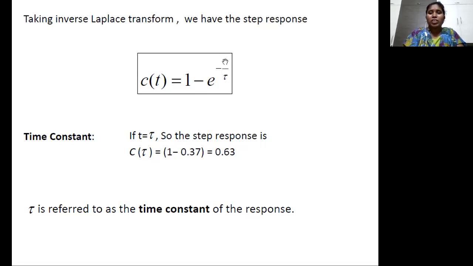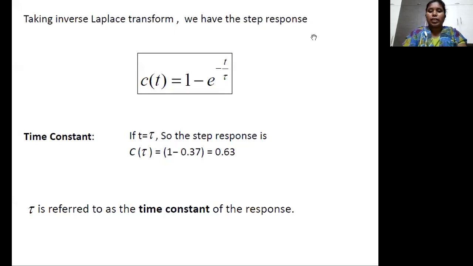Okay, so here this t is different from this tau. This t is nothing but the time value, an instant of time. Tau is the time constant. Based on the circuit parameters, the time constant will change, but the time is varying continuously. This time period is different from this time constant.